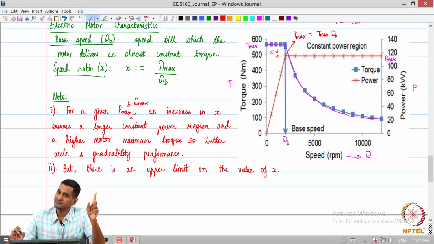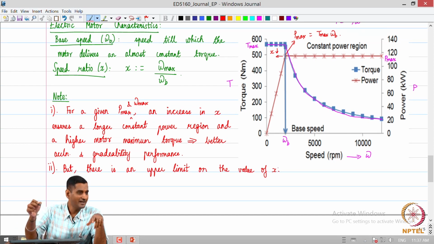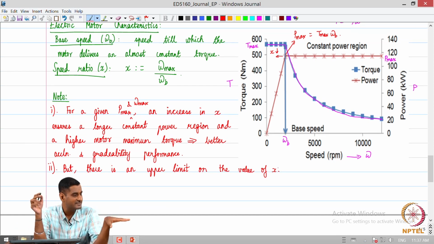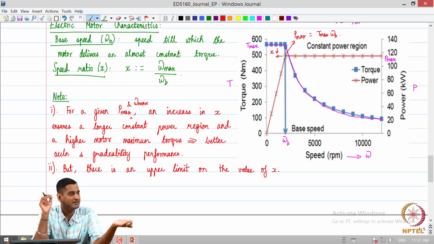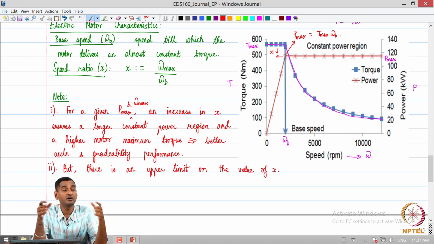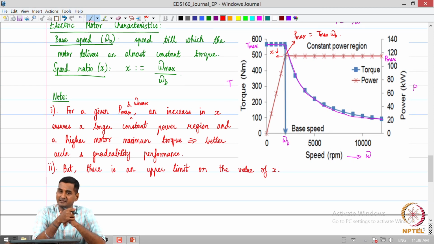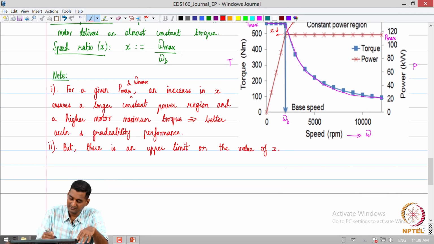But the main point to note is that the number of gears is certainly reduced, because the electric motor has a hyperbolic torque speed characteristics beyond the base speed. So, that is an advantage for us from a powertrain's perspective. So, we do not require as many gears as we required with an internal combustion engine driven powertrain. So, that is an important advantage of an electric powertrain.